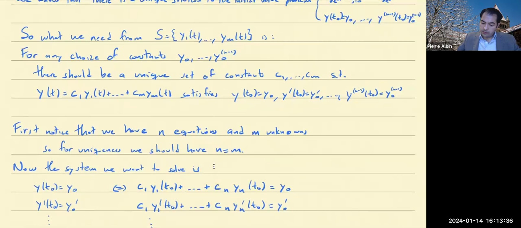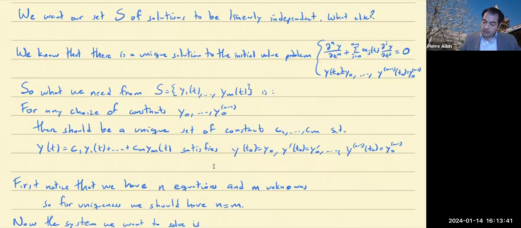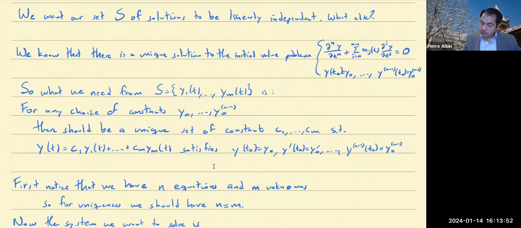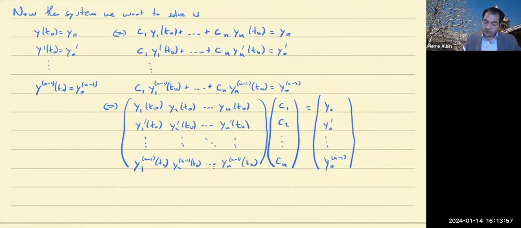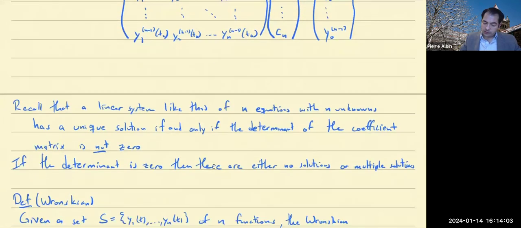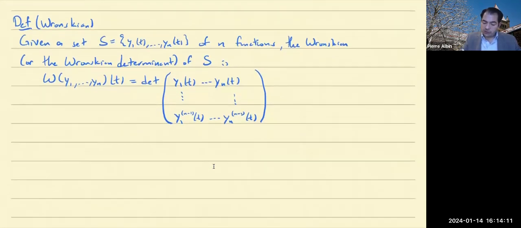What we needed from S in order to know that we had the general solution to this system, right? What we needed is to be able to solve this system of equations uniquely. And we saw that to solve that system of equations uniquely was the same as solving this equation uniquely. And we saw that solving that equation uniquely was the same as having the determinant of the coefficient matrix not zero, right? And we've called that determinant the Wronskian. So if we put all of that together,